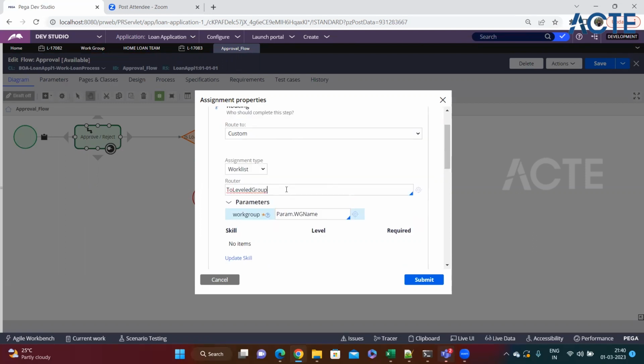No, no, no. I've not created any router till now. What I've done is, these out of the box router activities, Pega has provided two work list, two work queue, two work group,